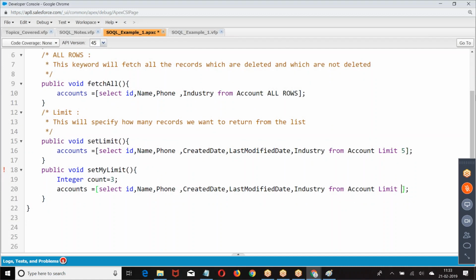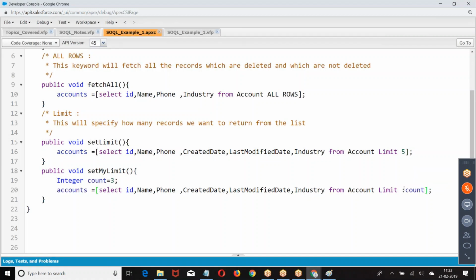Now limit colon. If you want to use any variable in the SQL query, we use a colon followed by the variable name.